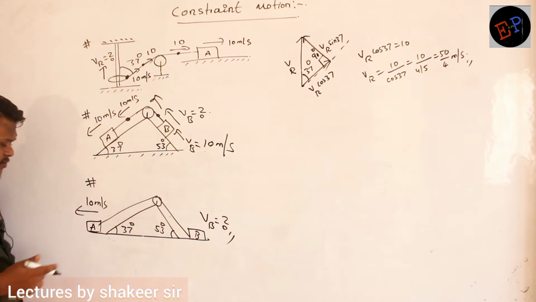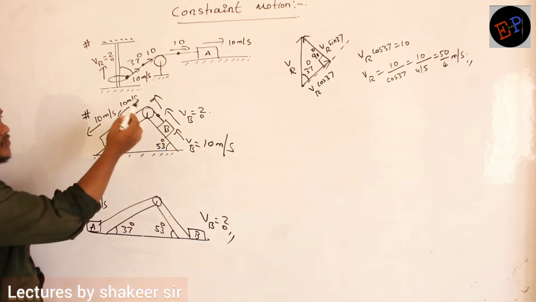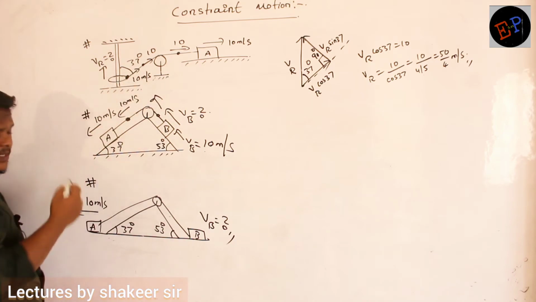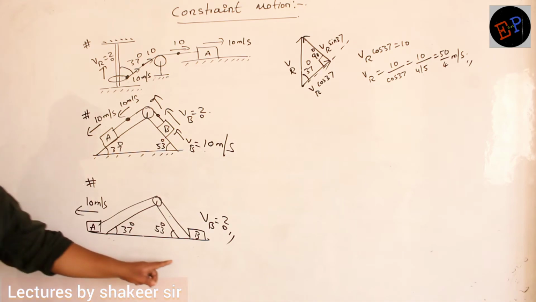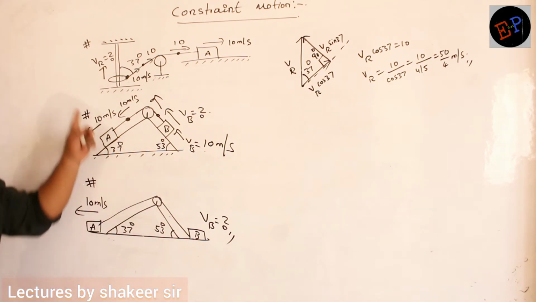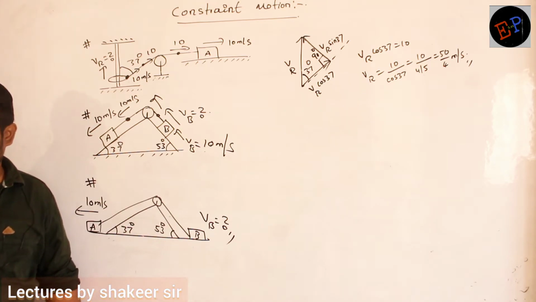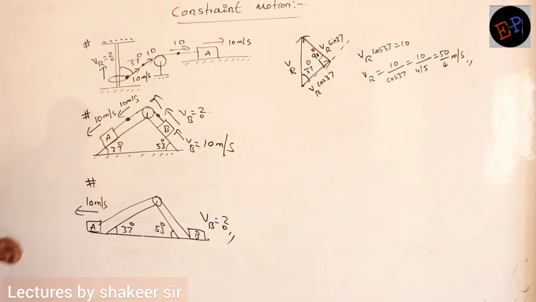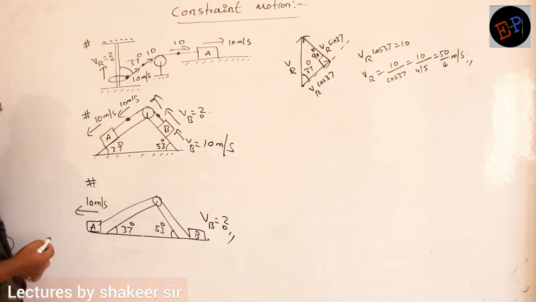So what do I do? First of all, what is the velocity of the rope? Do I know? Here I know the velocity of the rope, 10. Here also I know the velocity of the rope, 10. But here what is the velocity of the rope? I don't know. The rope velocity is not given here, but here we know it. Here I know the rope velocities; here the rope velocity I also don't know. Listen carefully. Clear? So first of all I will try to calculate the velocity of the rope.